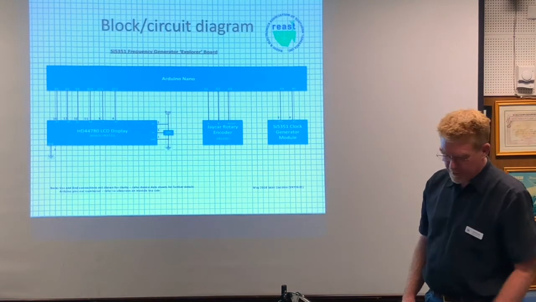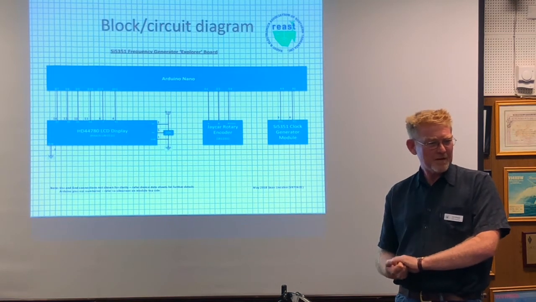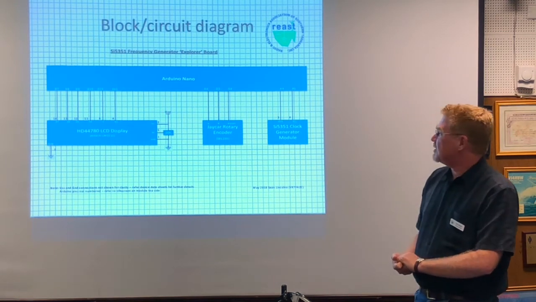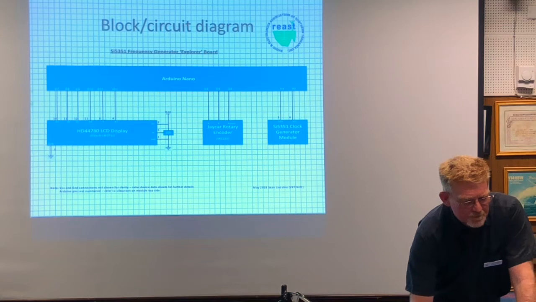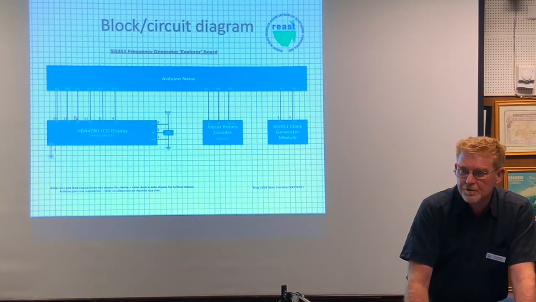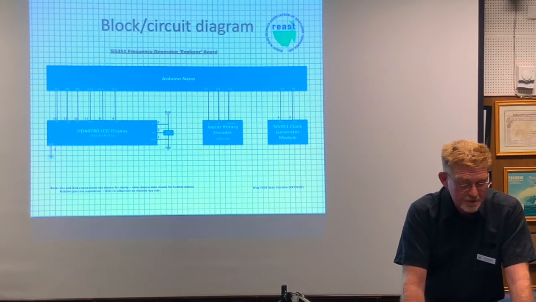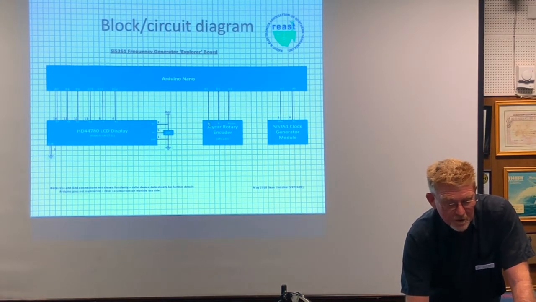This is a bit of a rough diagram. I did not do a schematic diagram of this because it's basically too simple to bother. But generally speaking, the display is connected using 6 pins. There's a library that you use in your sketch that says what function on which pins, and that's basically all you need to worry about. The rotary encoder, I'm using 3 pins, but I'm only using 2 of them to do anything real.